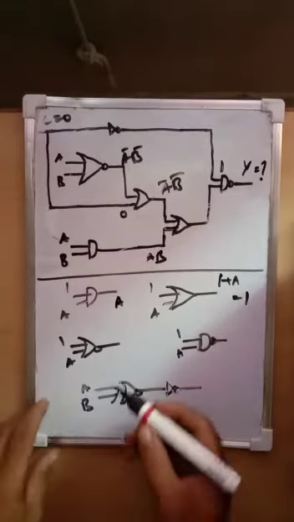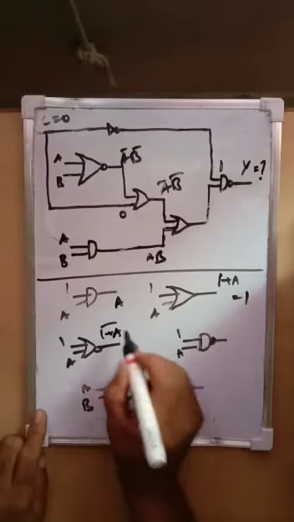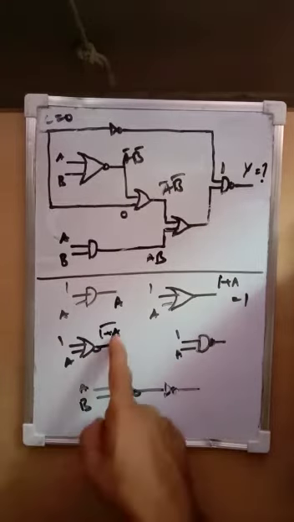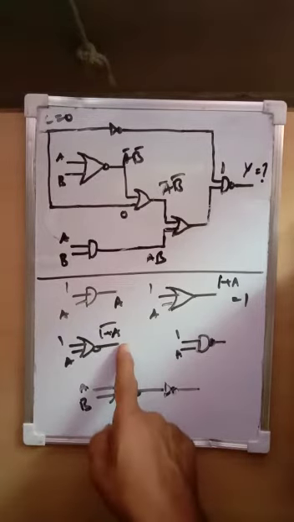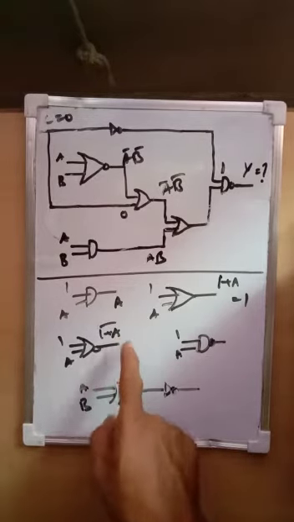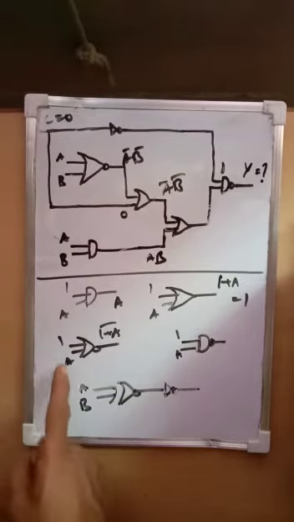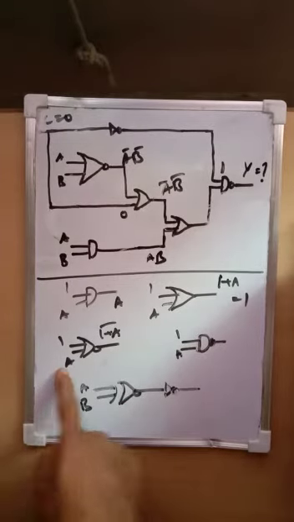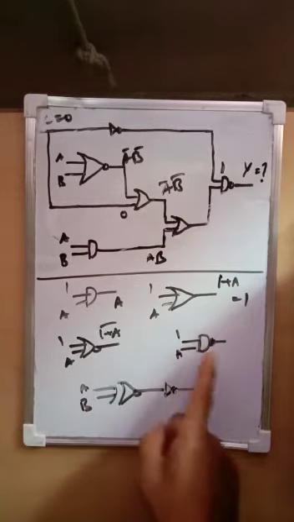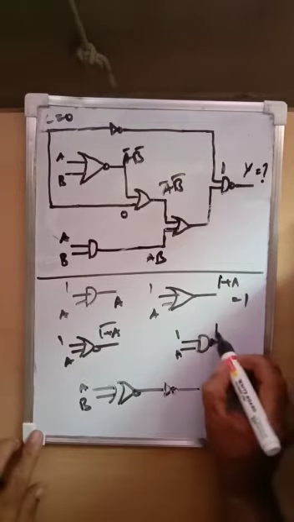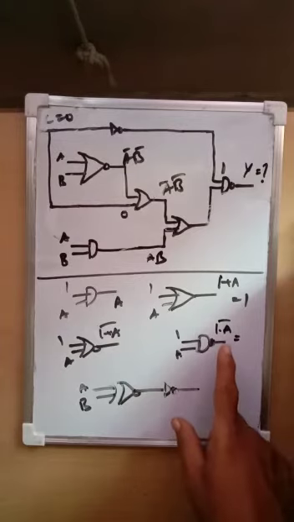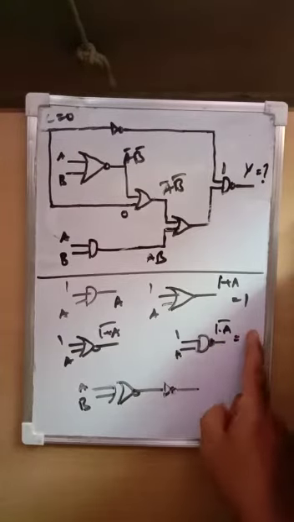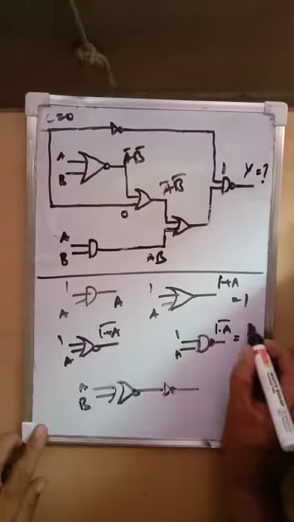And if it is 1 plus A bar, what could be the value? If A is equal to 0, then 0. If A is equal to 1, that means again 0. That means if one input is 1 and the other is any value, then output is equal to 0. And coming to 1 dot A bar: if A is equal to 0, then output is 1. A is equal to 1, output is equal to 0. That means this is the inverse of that.